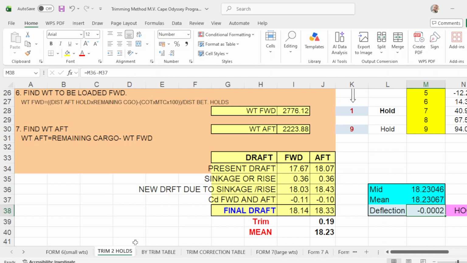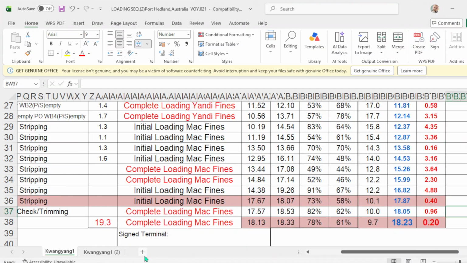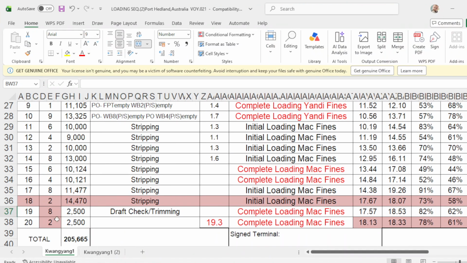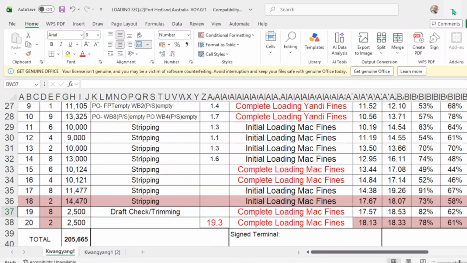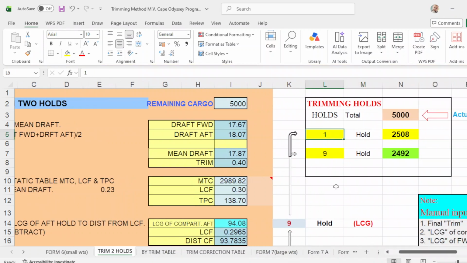Then go to trim holes 2. This is the trimming with 2 holes. So 5,000 is the trimming cargo. Your initial drop, mean drop, trim, MTC, LCF, and 138. The trimming holds are 2 and 8. Okay? 2 and 8. So you press here 2.